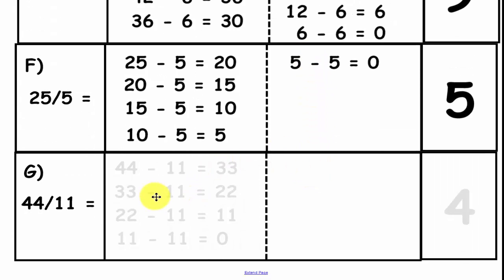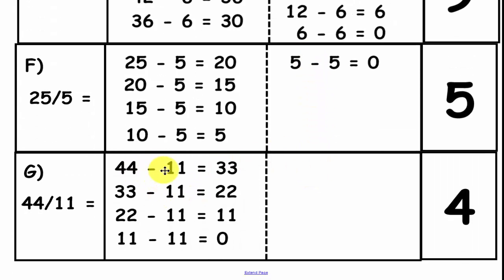And the last one, 44 minus 11. So we have 44 divided by 11. 44 minus 11 is 33. 33 minus 11 is 22. 22 minus 11 equals 11. And we have 11 minus 11 is 0. So we have 1, 2, 3, 4 equations, and we have the 0 at the end. So we know we're correct, and we know that 4 times 11 is